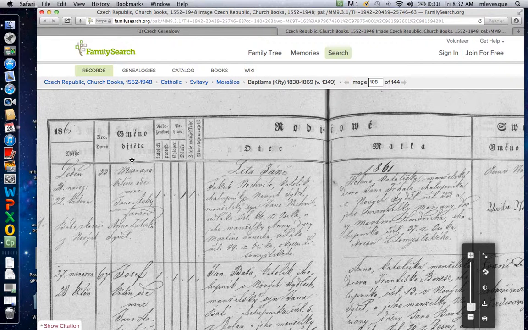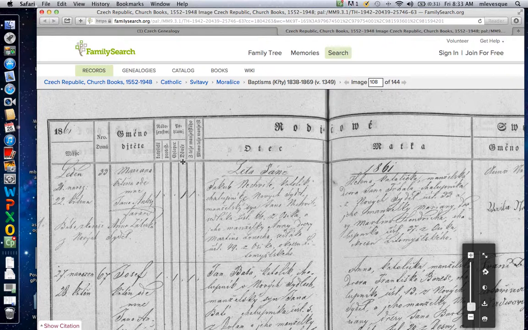Mariana, obviously this is not the name of the priest. Let's go on. I don't know what this next word means, but it means religion. We have Catholic here. You can read that in any language. Protestant, the two abbreviations. The next one is the gender of the child, and the first word is chlapec, which